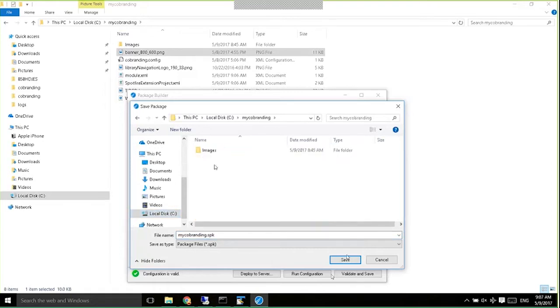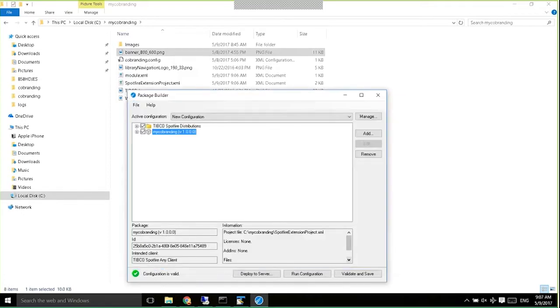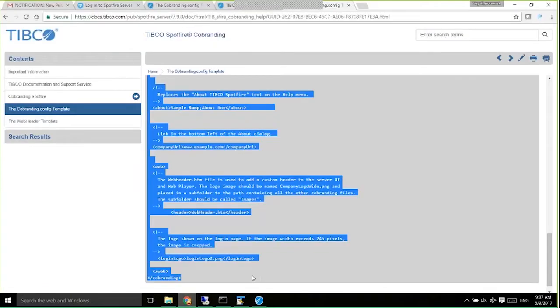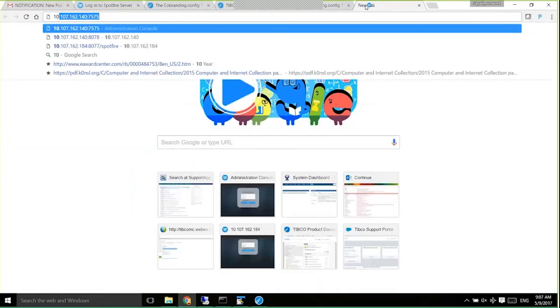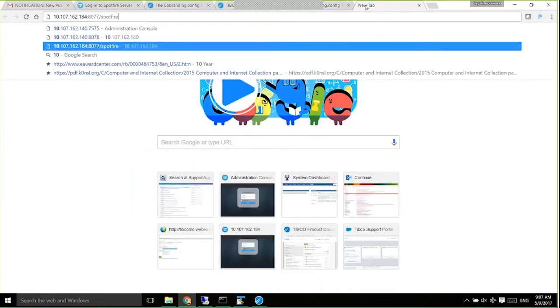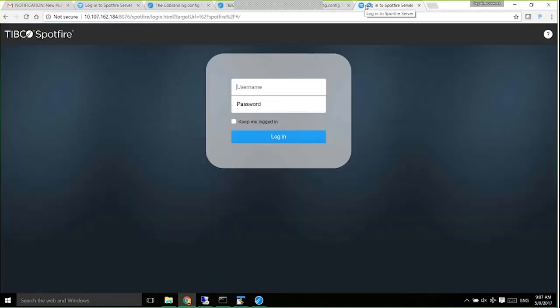So here I'm just saving my SPK file in this folder. Once this is saved, we can bring up our server and deploy this SPK file there. So let me just bring up a server which doesn't have any co-branding yet. So these are the default logos and